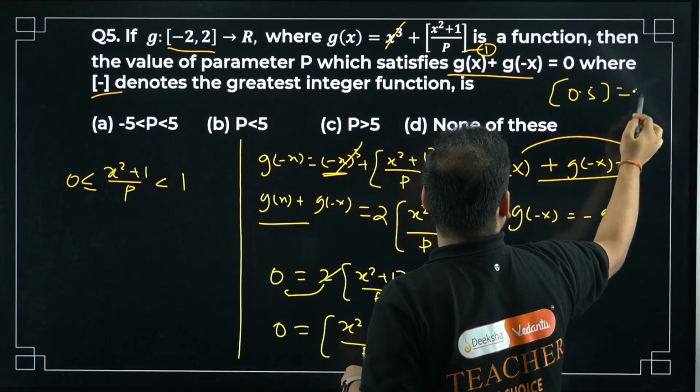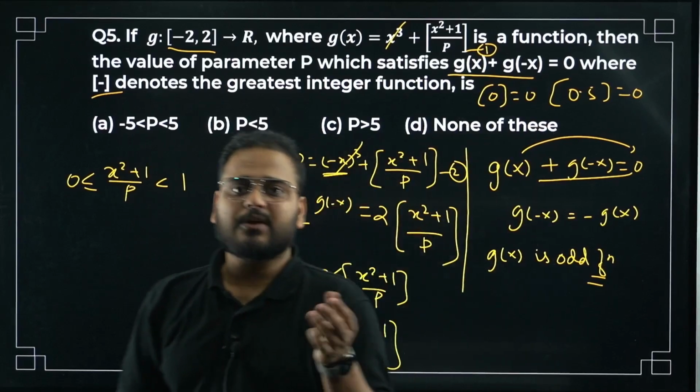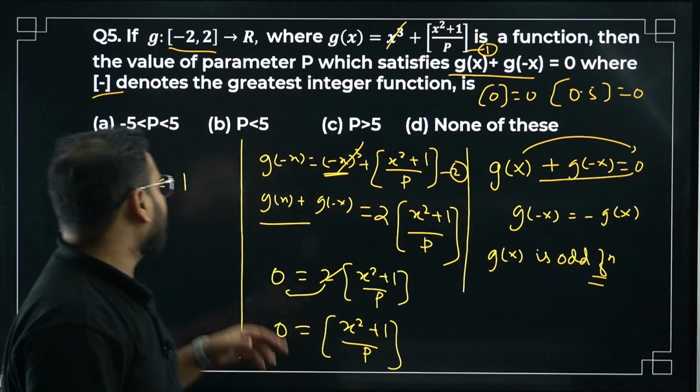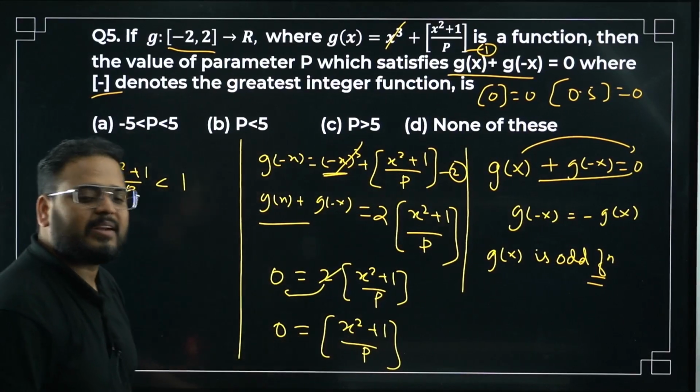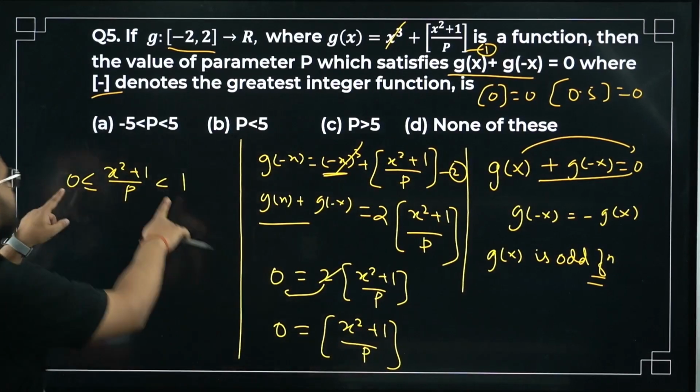What's the answer, bachcha? 0. So any value less than 1 and equal to 0, between that range, what will happen? You'll get this result as 0. That's why I can write this value which is there in the function to be in this range. That is clear or not?